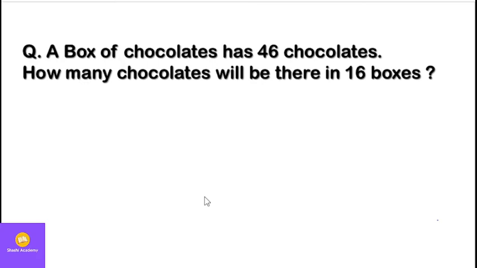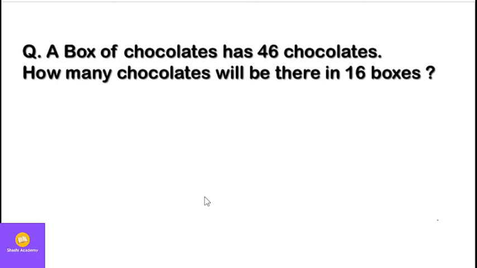In this question, first of all, whenever you see any word problem, whether it is multiplication or addition, it doesn't matter, you have to see the word problem and just translate it into your own language. Try to understand it in a better way for yourself. If Hindi is comfortable to you, just comfortably translate the question into Hindi in your mind.